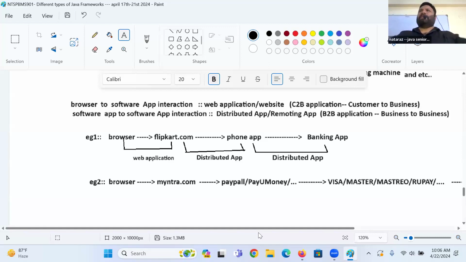Payment broker, one mediator kind of thing. Like PayPal, PayU Money, Nemo Pay, Razorpay, and a number of others. What these people will do, based on the credit card number, they will identify which company this card belongs to. Visa company. Let's connect to Visa. Now Visa takes the card number. This card number was given to which bank customer? SBI bank customer. They connect to SBI bank.